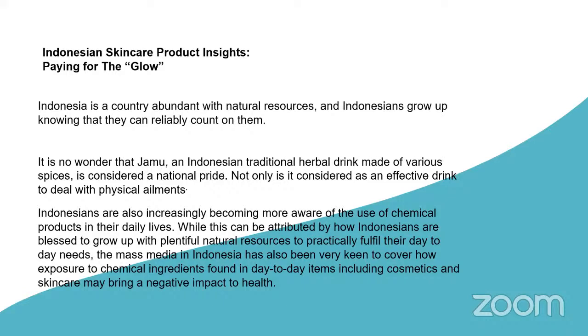So not only is it considered an effective drink to deal with physical ailments, it's also good for cosmetics. Indonesians are also becoming increasingly more aware of the use of chemical products in their daily lives. While this can be attributed to how Indonesians are blessed to grow up with plentiful natural resources to